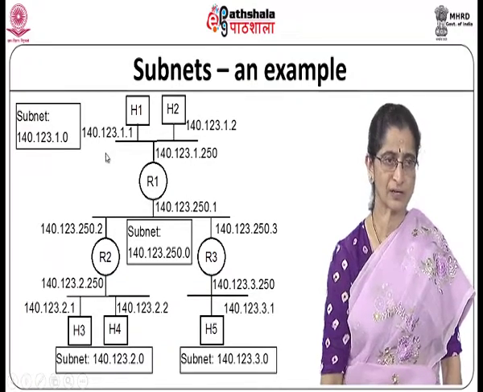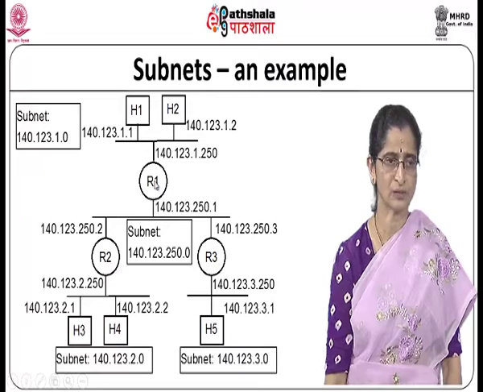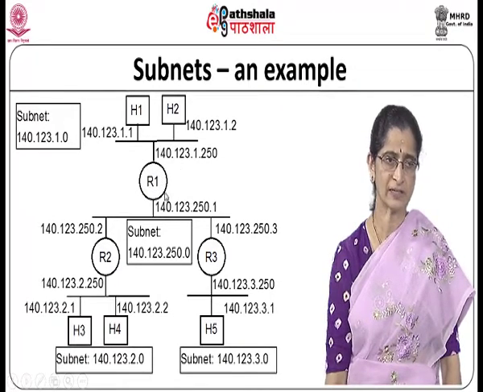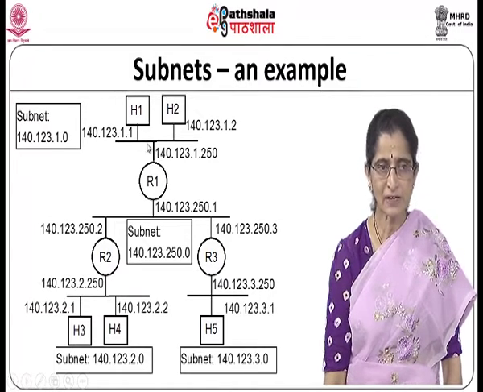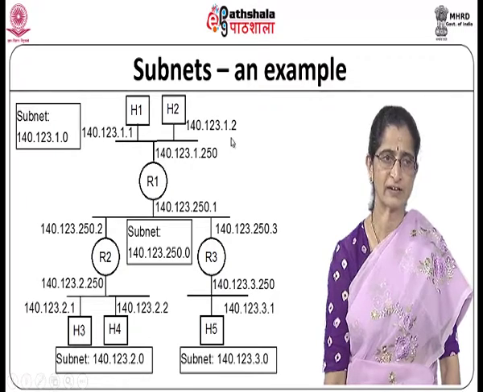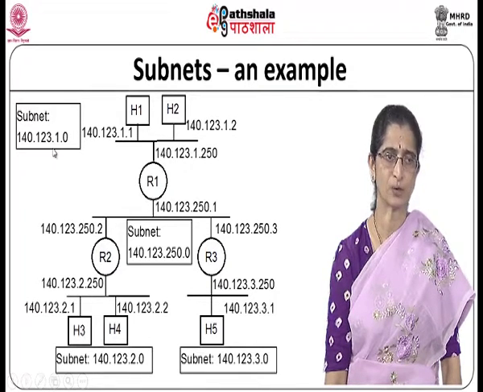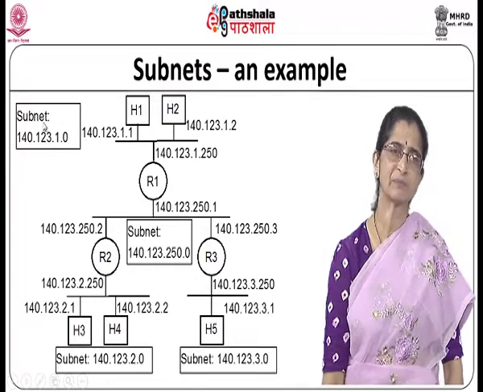So, we will just take a look at an example and get a better feel of how this whole thing basically looks like. So, I have a router R1 here and there are 2 networks which are connected to it, the 2 interfaces. So, this itself can be one subnet and this is another subnet. You can see that the common part of the addresses over here is 143.123.1, right, that is the common part. So, that we call a subnet, and we say that the subnet address is